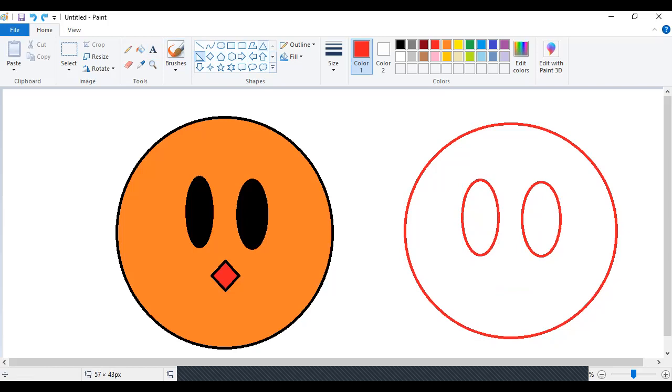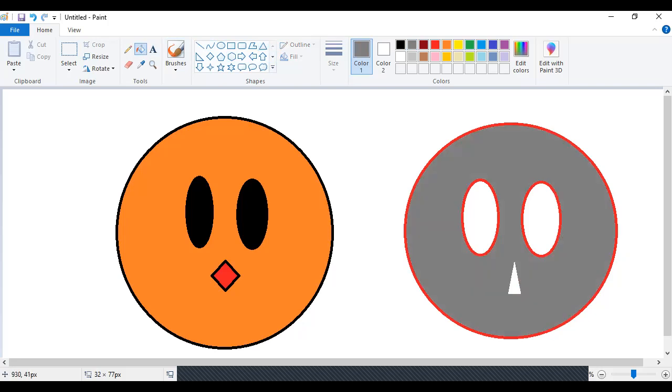Choose the triangle again, this triangle. Now this time I want to color the face with this gray color. Then I want these eyes to be, okay, let's try this purple color. And then I want the nose to be maroon. Okay, so see, now I have done this work.